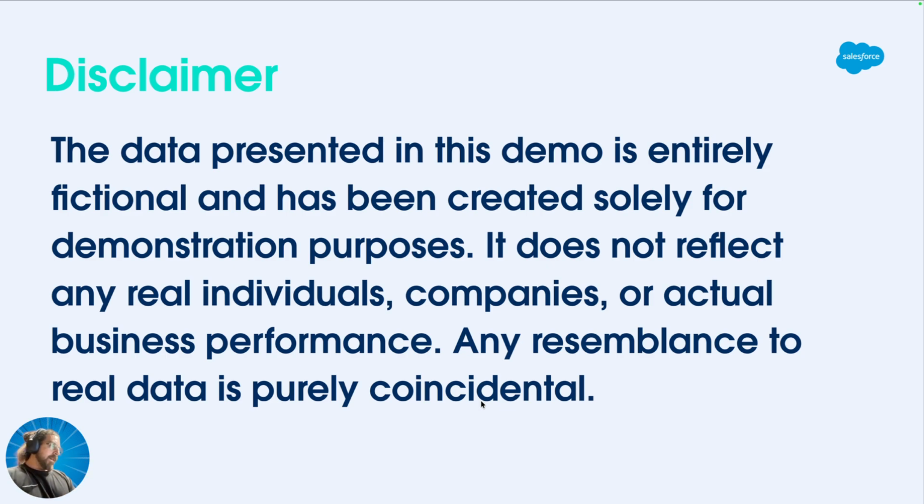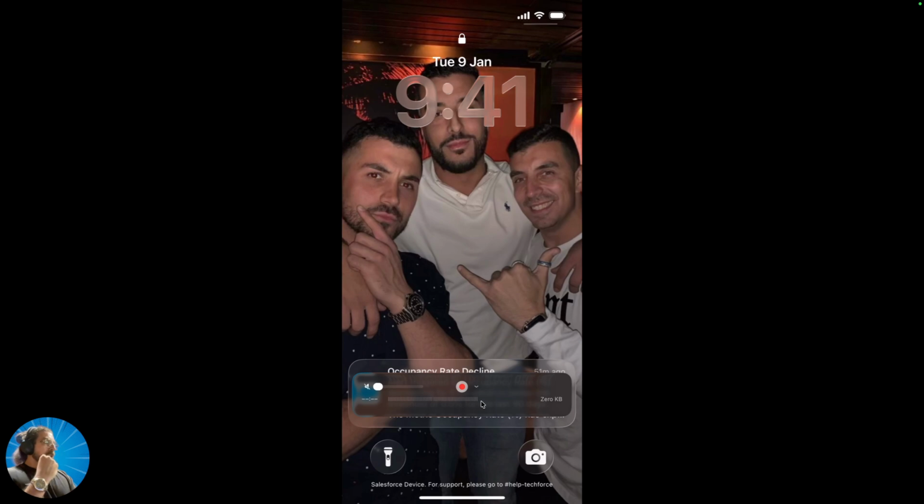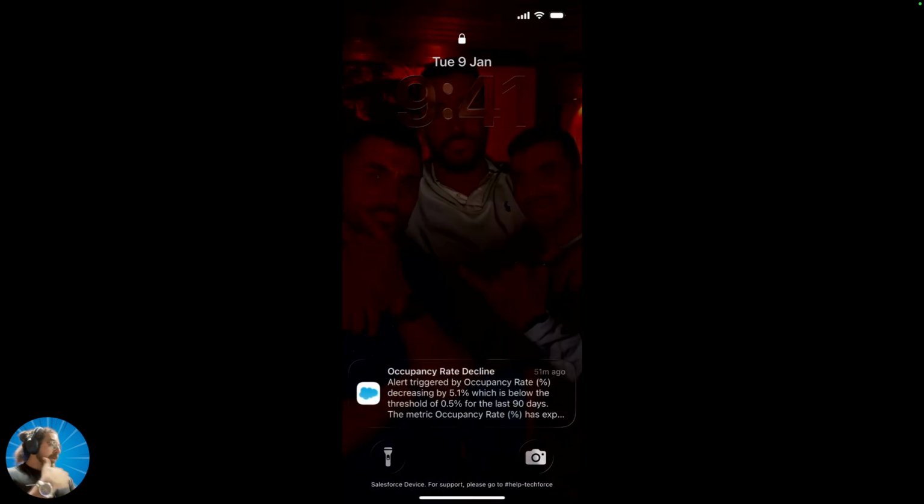Now, with that, I'm going to walk through a GM POV, General Manager POV. And in here, what I'm going to showcase is how, using Tableau Next, again powered by our Data 360 as well as Agentforce, you're able to get proactive alerts automatically delivered to your mobile devices, for example, delivered to your Slack, or even sent to you in an email.